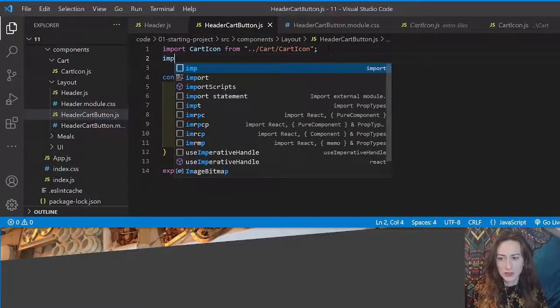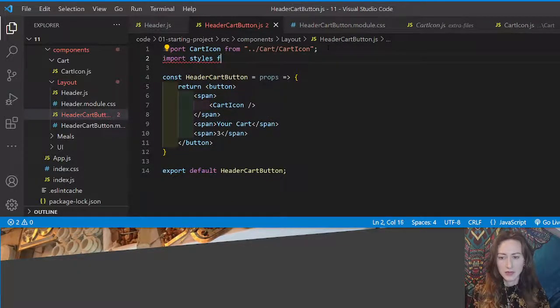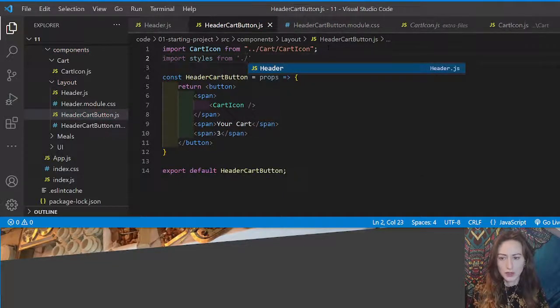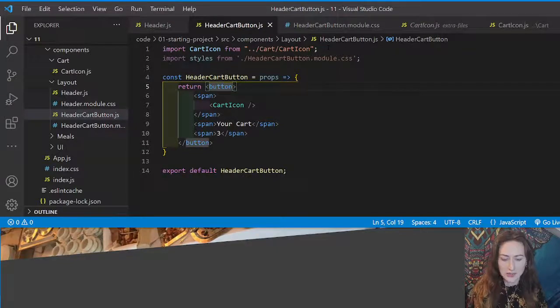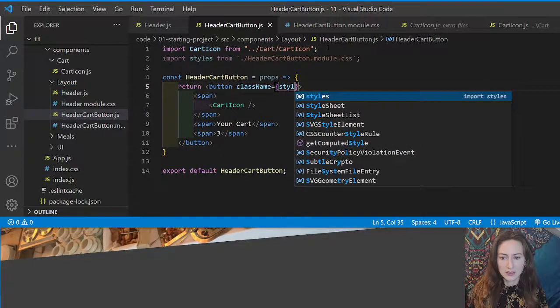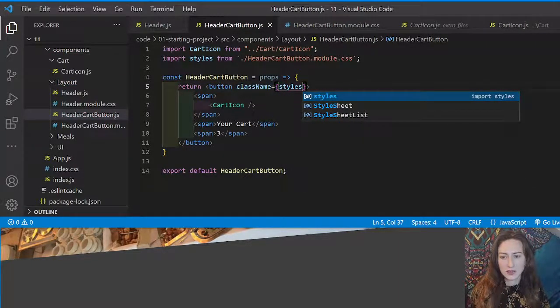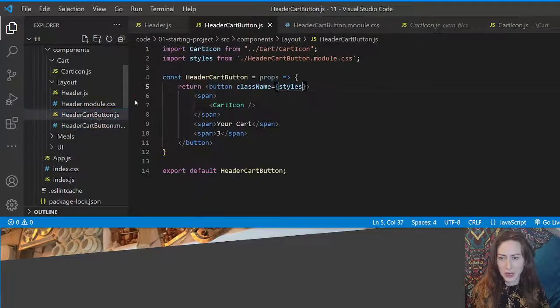So we'll just import styles or classes or whatever you want to call it. So styles from, and then we give the path to that particular folder. So that's going to be header cart button .module.css. There we go. Okay, and now we can actually add these classes the same way as before. So we just go className equals, open up our curly braces, and styles is the name we've given to access this file, and then we can access any of these different classes by just doing dot and giving the name of the class. So we'll say styles.button,